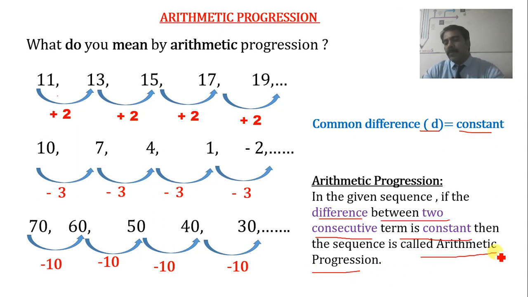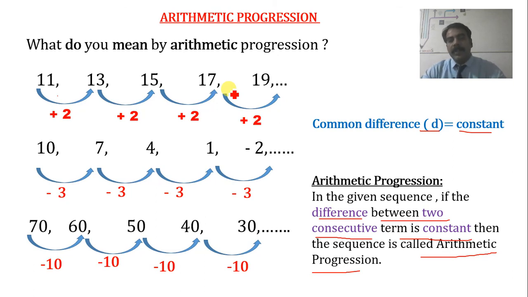So keep in mind that every arithmetic progression is a sequence, but every sequence is not an arithmetic progression. What is the most important thing that we have come to know about arithmetic progression? How will you identify whether the given sequence is in AP or not? That's good. You just have to find the difference between the successive numbers. If it is constant, we say it is in AP, otherwise it is not in AP.